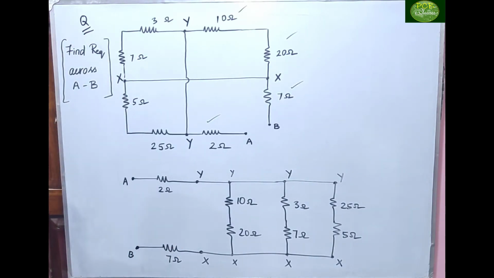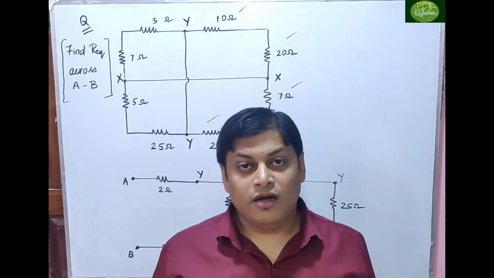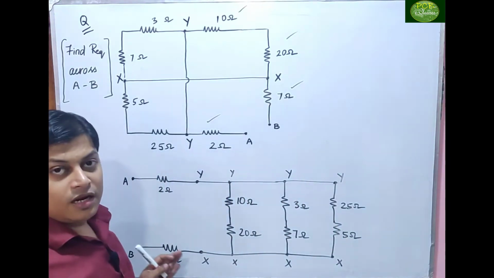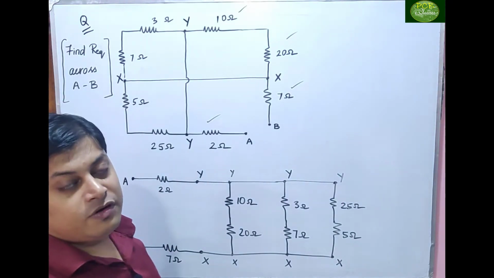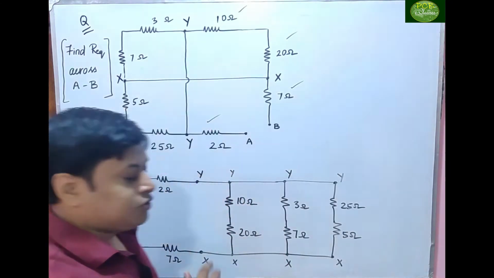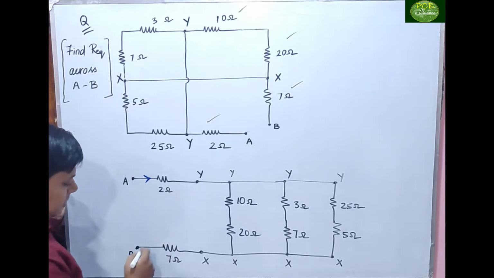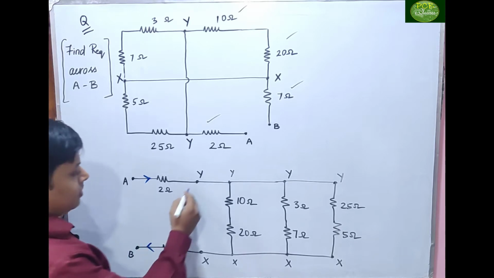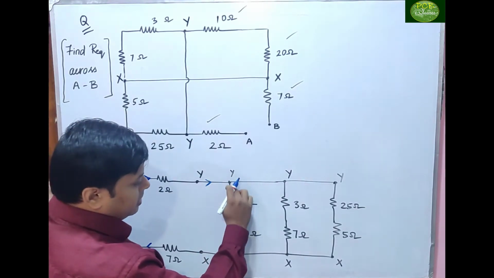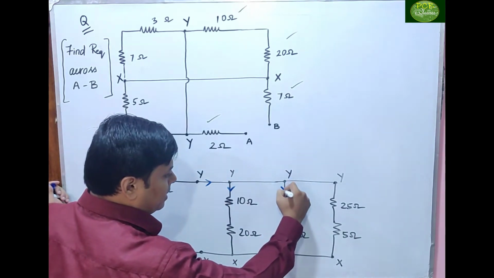Fine. So let us approach the R equivalent. What is the first approach we have to do? First step, we have to assume a current entering through the AB terminal. Then we have to distribute the current. Then we have to apply the series and parallel conditions and we will get the R equivalent. Fine. So let's do it. See here, from A, I am giving the current direction. That means the same current has to come out. This enters. Then what happens? It observes that there are 3 branches. So the current will be divided.